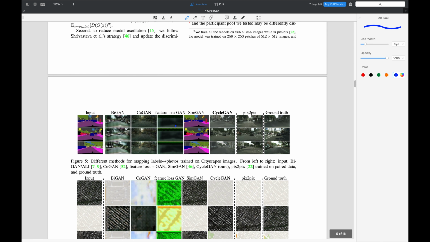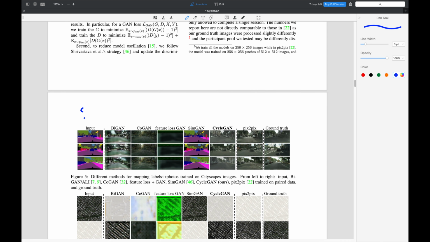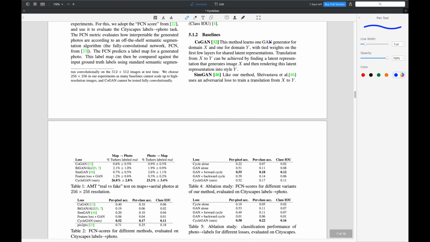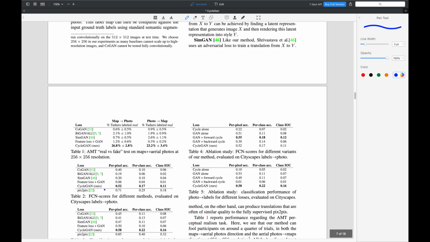And they also trained the CycleGAN in the task of converting a semantic map like this. This is the Cityscapes dataset where we have a semantic map and a corresponding real image. So semantic to image, and since you have a corresponding image in this case, we can actually evaluate it more quantitatively. So when converting Cityscapes label to photo, we used an off-the-shelf semantic segmentation model to convert the translated photo back into label space, and compared the per-pixel accuracy, per-class accuracy and